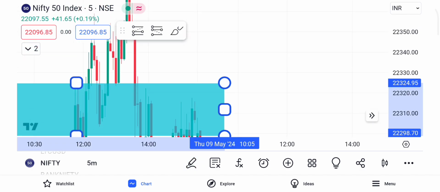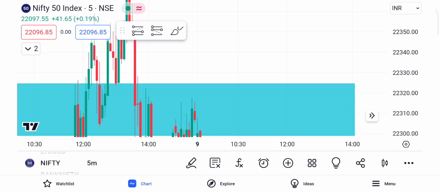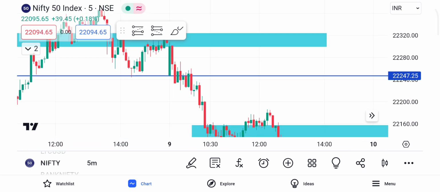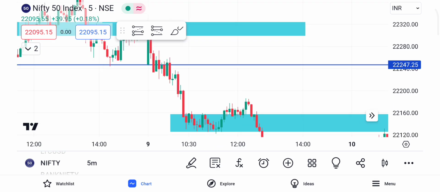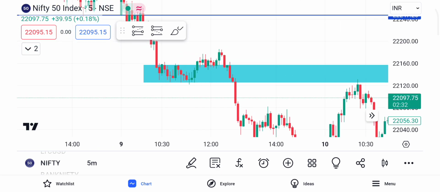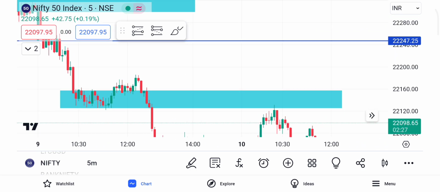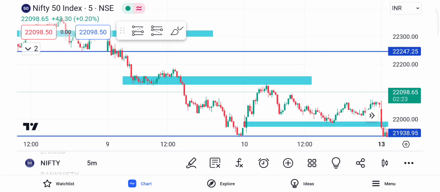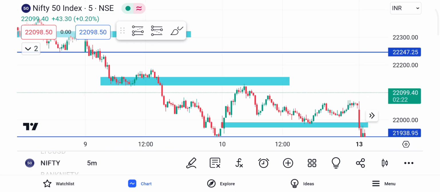I'll tell you which mark it is. That's the previous day's mark, so it is still there. If the market would have gone till here, that's a good place to buy, take a PE, right? I mean, here mostly we would see PE because the market has been falling continuously for the last 2 weeks. So obviously we would think that way.